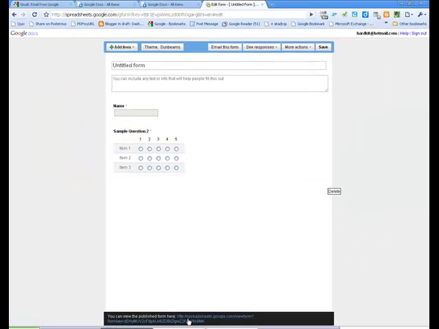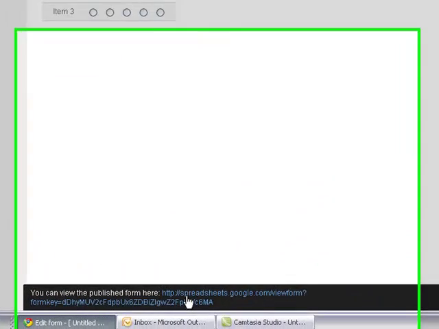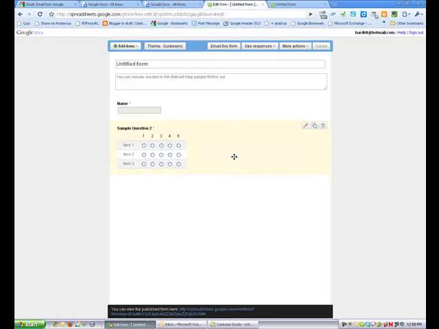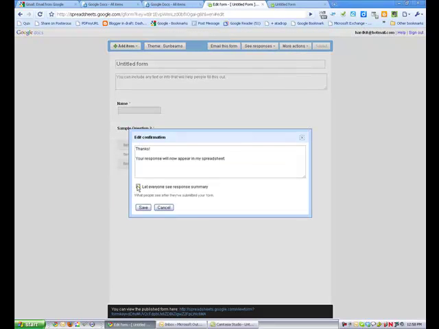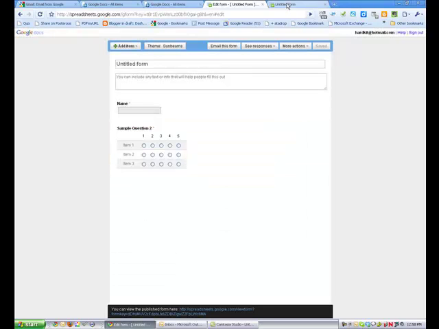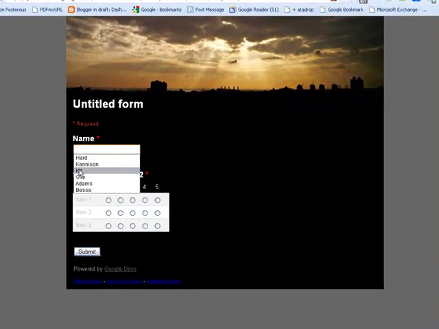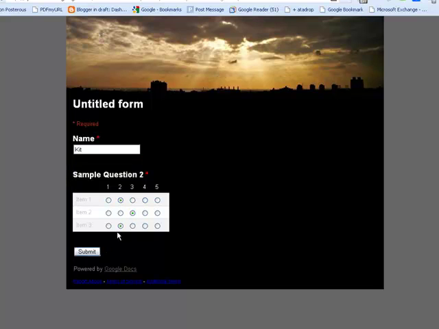Finally, you'll see down here a link to view the published form, and that link, you can use that in a way where it might be private. If I click on that link, this is what the form would look like to the user. If I go back to edit form, if I edit the confirmation, and if I let everyone see the response summary, and then I'll go to the form, fill in some responses and hit submit,